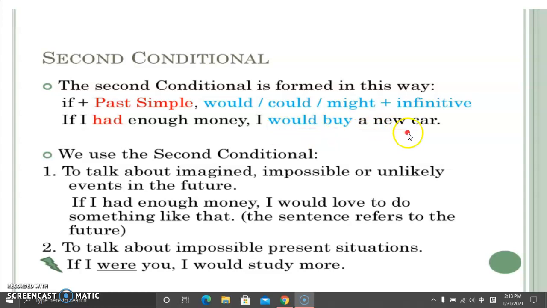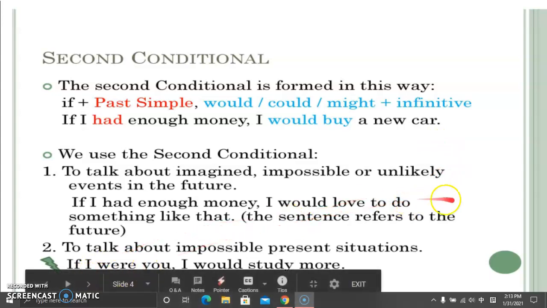طيب أنا بستخدم ليه second conditional؟ أنا بستخدم second conditional because I want to talk about imagined, impossible, unlikely to happen events in the future. حاجة أنت عارف إن هي في الفيوتشر صعب إن هي تتحقق. You understand that. You know it's impossible. عشان كده هتقول if I had enough money I would buy a new car. تمام يا guys؟